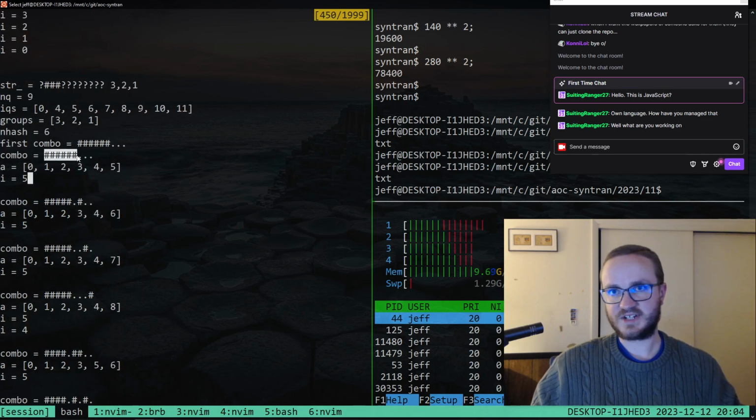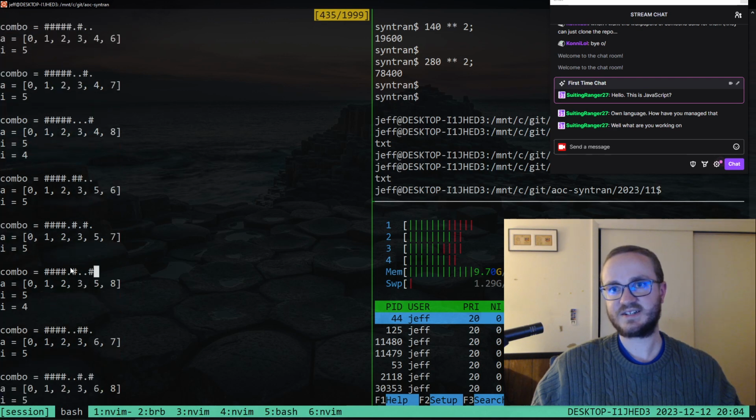So this was the first combo, and then we should have a dot and then a hash. So that's the next combo. And then we keep moving this hash to the right until it's as far right as it can go. And then we're going to move the next to the last hash. So this moves the next to the last hash, and then it moves the last one as far left as